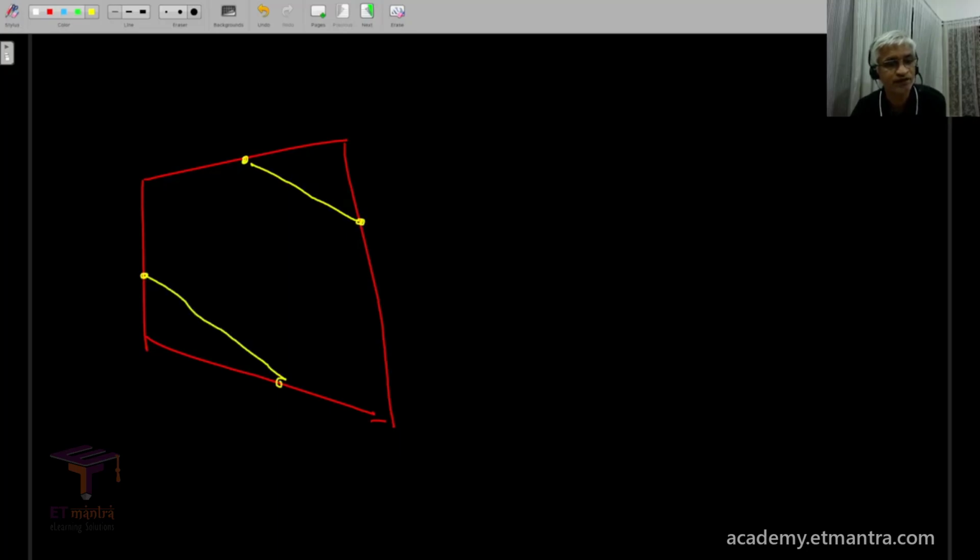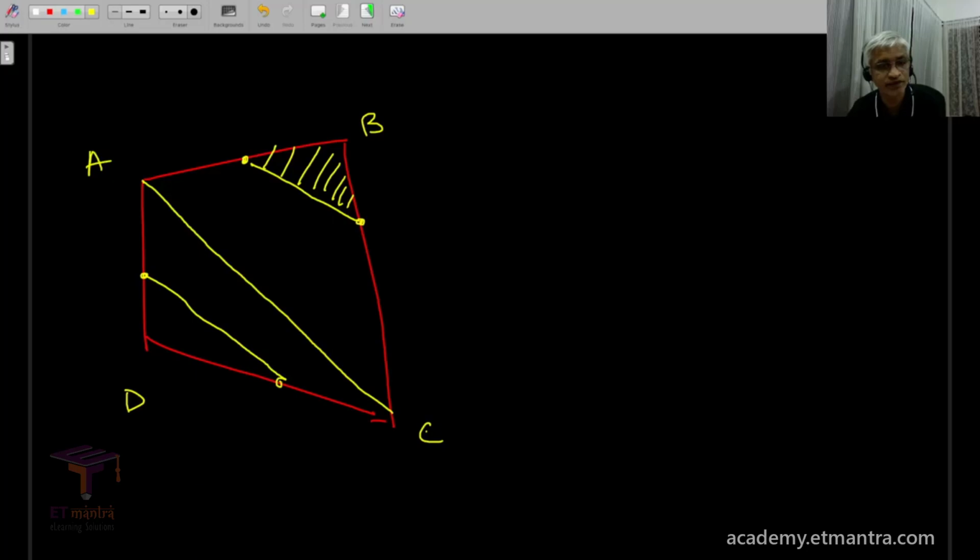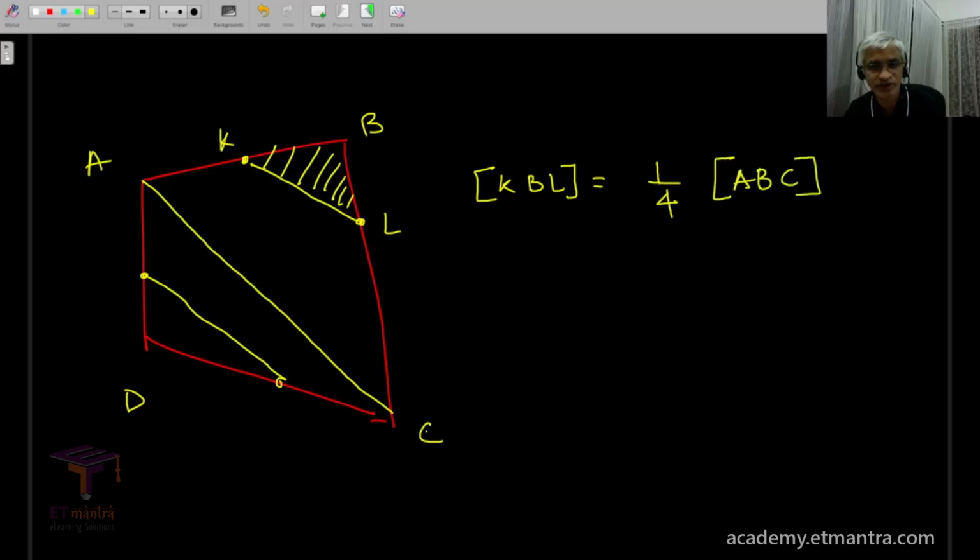These two lines that I've just drawn will definitely be parallel to the diagonal AC, and the area of the shaded portion here, the area of KBL, is definitely going to be 1/4 of the area of the triangle ABC,